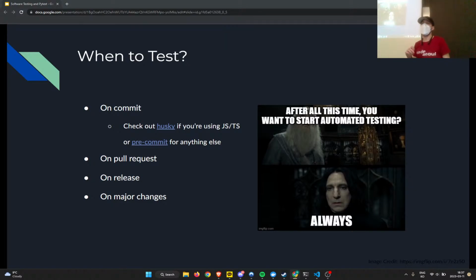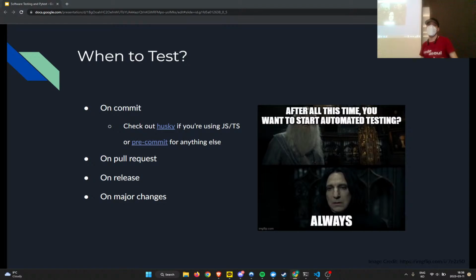When you're doing pull requests is another good opportunity to do testing. So this is where you would usually do your integration tests, your functional tests, and your end-to-end tests, okay? Because these tests are a little bit more expensive. And by expensive, I mean they take more time, right? So you don't want to wait like 2 or 3 minutes after every change. That's going to kill your workflow, right? That's going to take you out of a flow state. So you usually do these on pull request or merge request if you're in GitLab land. And that's usually done with CI. If you're not familiar with CI, we have a presentation for that. And if you want to see the slides, just message me on Discord and I can share them with the whole group again.